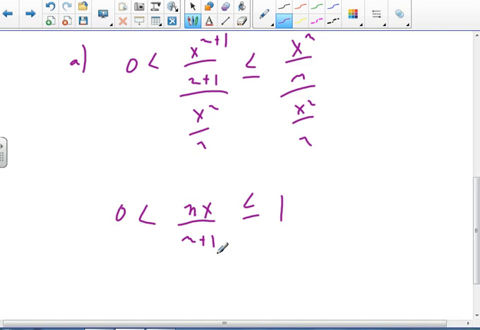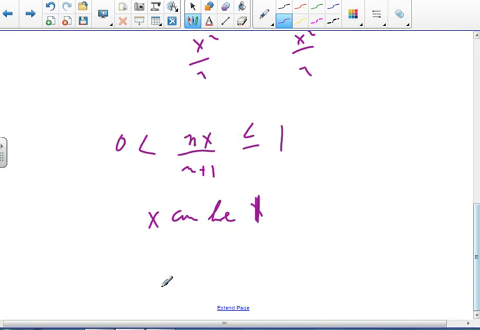Looks like x can be 1, but if x were anything bigger than 1, so yeah, it looks to me like x can be 1. Can be 1. But we're still going to have to look at the limit